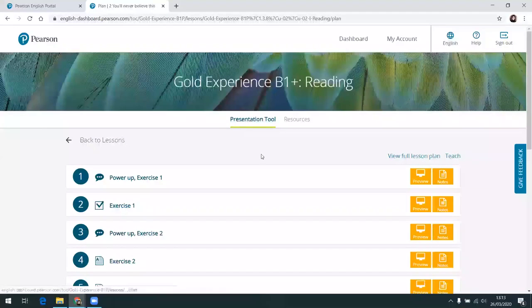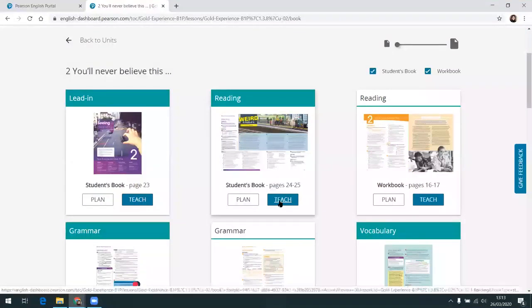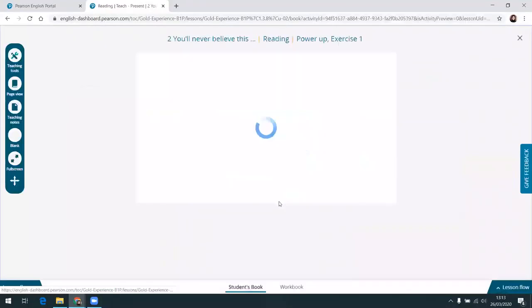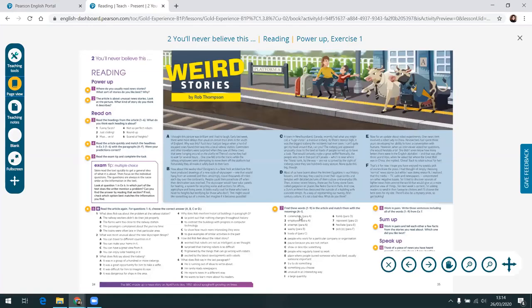When I go back to my presentation tool again, I have got the other area, the other tab where I can teach my lesson. When you click on this area, the first screen you will see is an interactive activity, but actually this is the first activity of this lesson. If you need to see the page view first and look at what you are going to teach, you can simply choose page view from this toolbar, and when you click on it, first you're going to see the page view